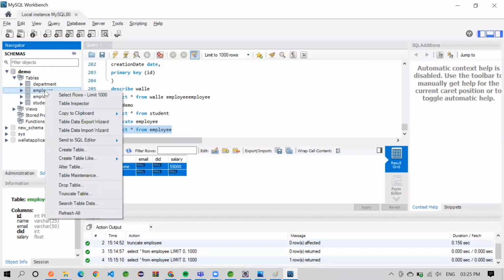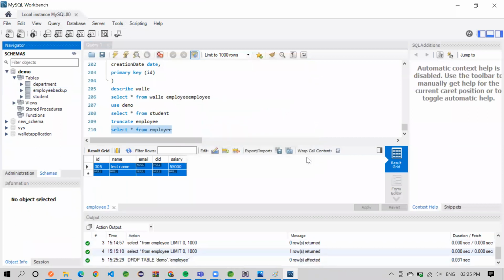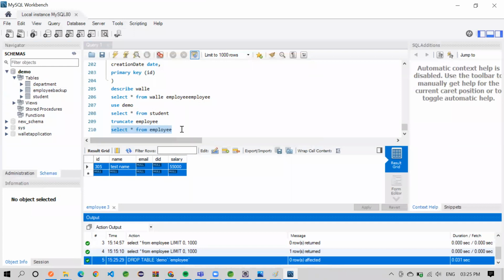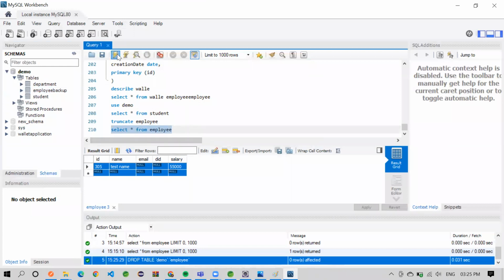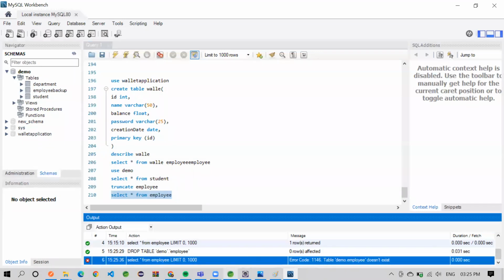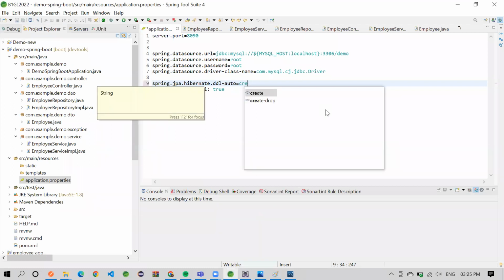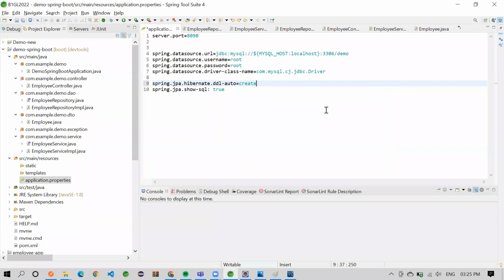Suppose I drop this table. The drop table has executed. Now if I select this, you can see that the table does not exist. Now let me save all my files and rerun my application. Because I've written DDL auto, let me write create here. Okay, now if I run it,